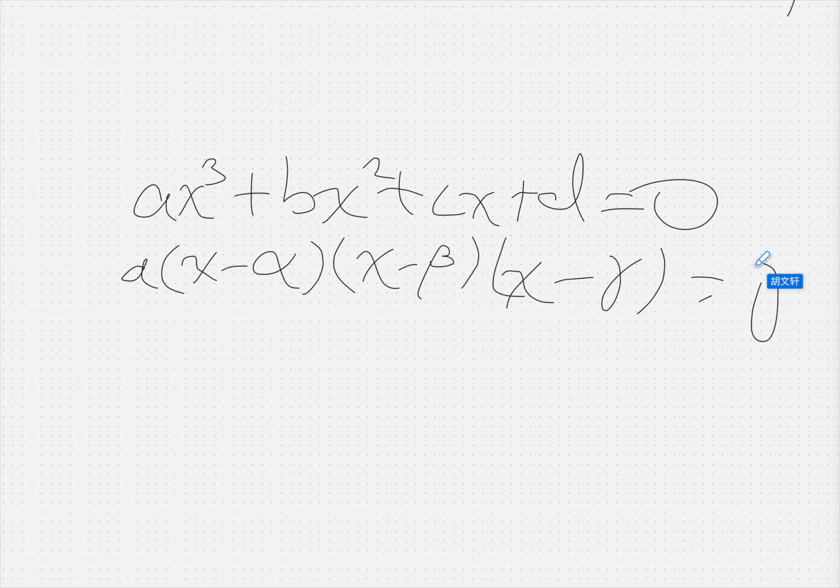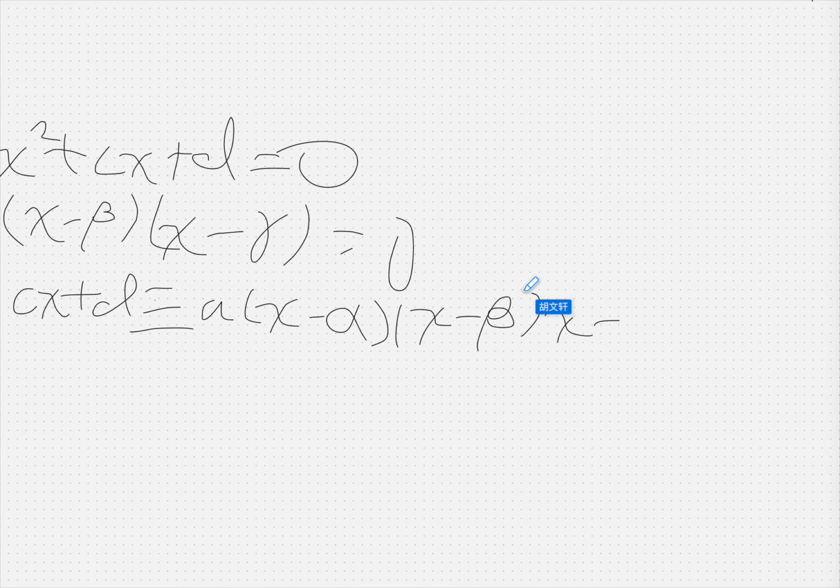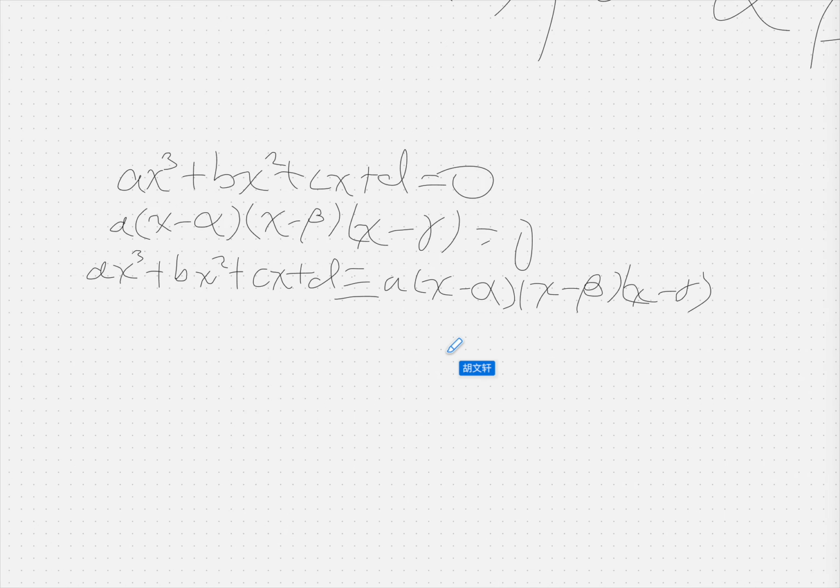equals 0. So this gives the identity ax^3 + bx^2 + cx + d is identical to a(x - alpha)(x - beta)(x - gamma), with brackets, and then yeah, they're equal. And then multiplying out the right hand side, which means just expand it. I'm not going to do it here because I'm lazy, and it's going to give us